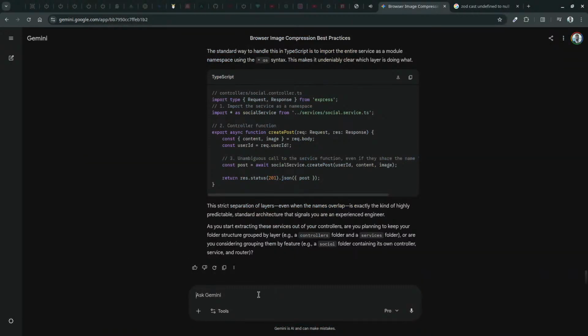طيب why in Zod optional means optional or undefined? Why in TypeScript this is not the case?